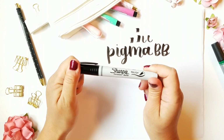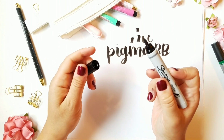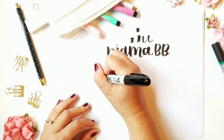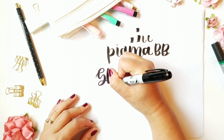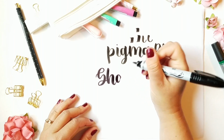The next one I'm going to show you is this Sharpie brush pen, and I've seen these often in packs, but I did find the single ones at Michael's if you don't want to purchase a whole pack. I think it was like $3.50 or something like that. But I didn't ever want to purchase a whole pack. The reason is because these write really nicely, and I really think they're a little bit easier to control than